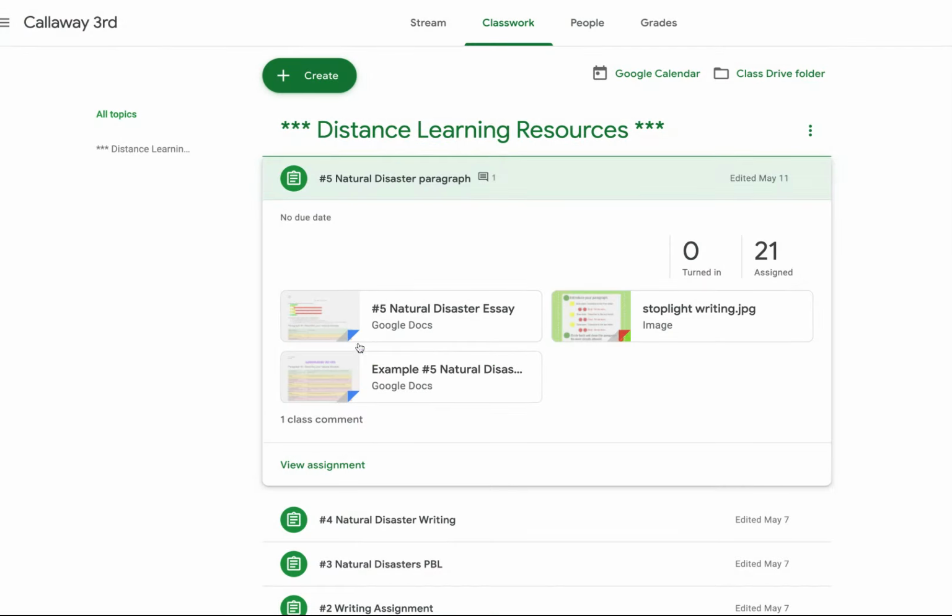Okay, all right, I'm going to go to the example here. So notice how the colors,